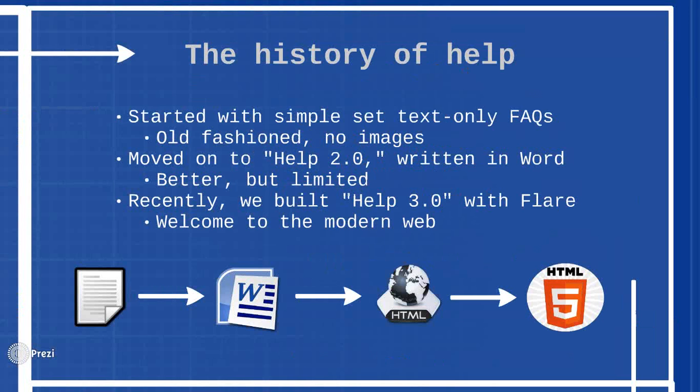We couldn't do anything interactive, so if we wanted drop-down menus, forget it. Thumbnails, anything like that. Any of the functionality you'd come to expect on a modern website, it just wasn't there. We could do basic text with basic images, and we couldn't even put images in a grid pattern if we wanted to. So that got us investigating better authoring tools, which led to Help 3.0, which is a very original and exciting name. We used Flare as our publishing and compiling tool to build the website.